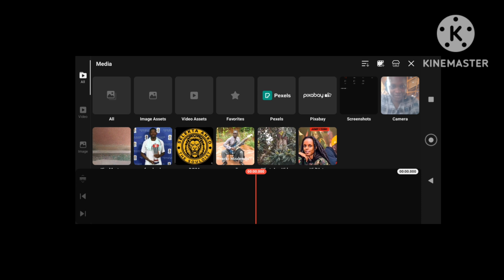The other one is KineMaster, and there are various other software that people use to edit their videos, their photos, and even create AI videos and other content. So today we'll be focusing on KineMaster. I will be introducing how to use KineMaster, how to edit a video on KineMaster.